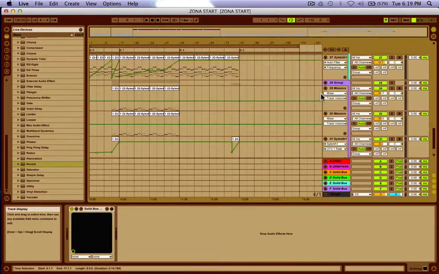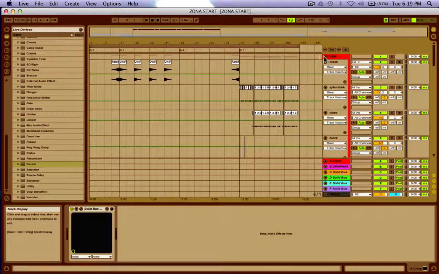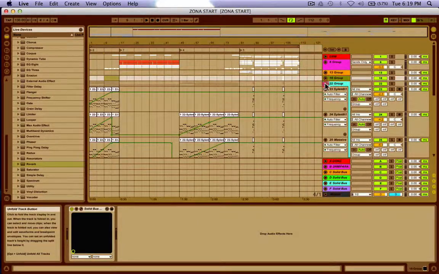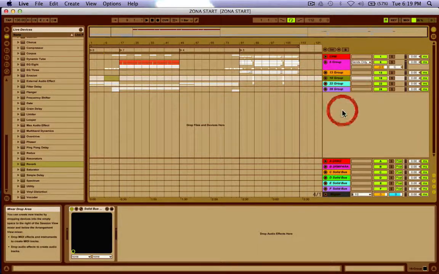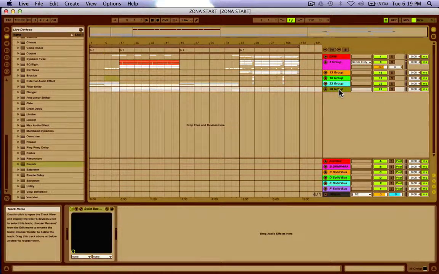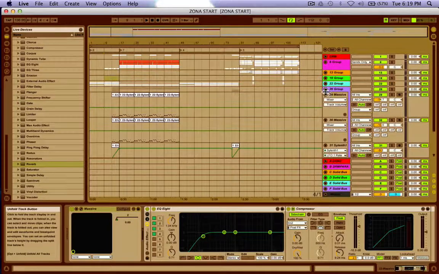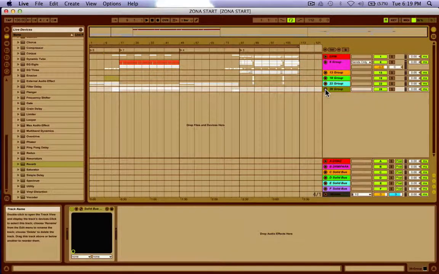There's at least 4 or 5 or even 8 tracks inside of one of these groups, and I have several. So I group things just so I can close everything down, and when I'm working on something, I can make it as big as I want and really focus in on that area. So grouping's big for me. And also what I do with my groups is